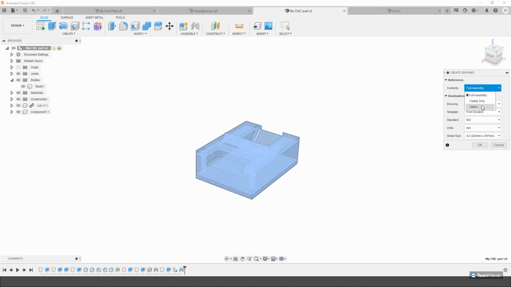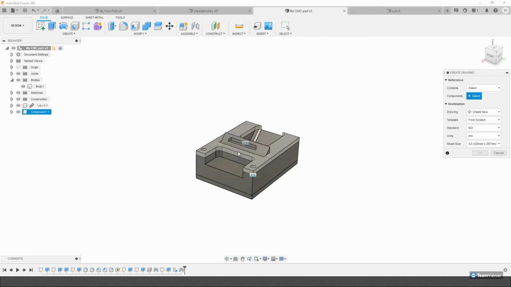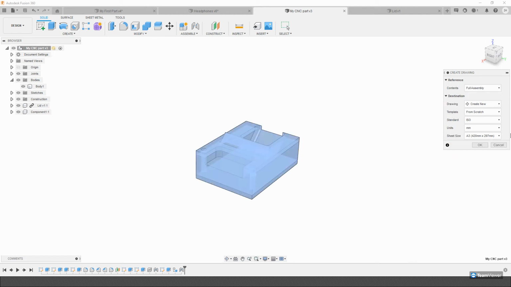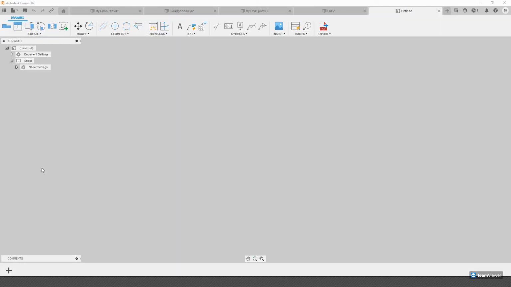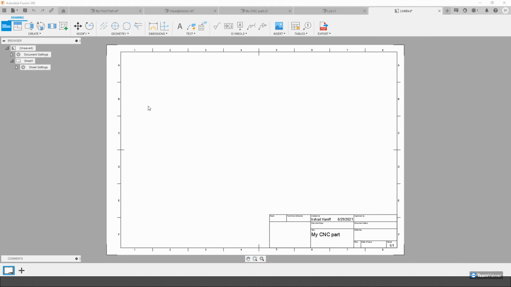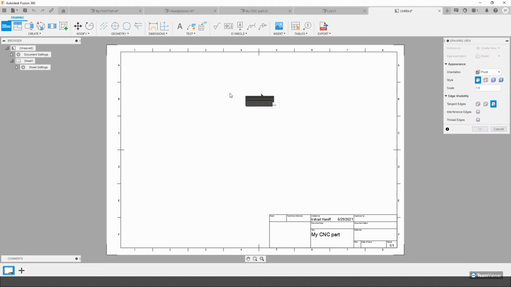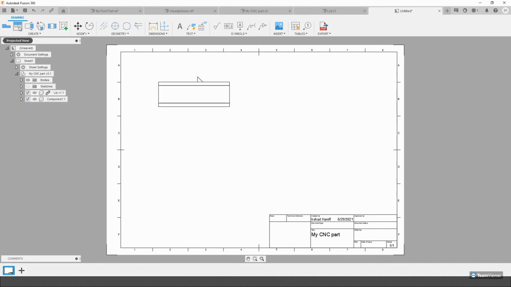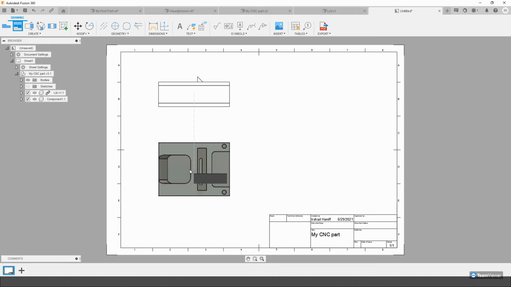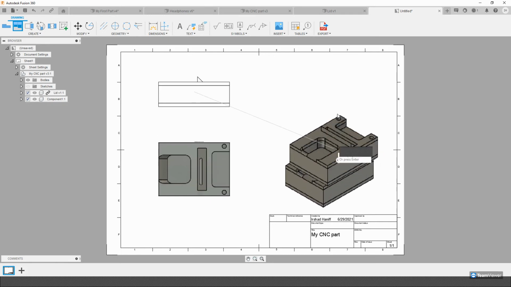I can choose contents full assembly or maybe select. So for example, if I only want to select certain parts for my drawing. In this case, I just want to choose my page size, my settings, etc. And it will take me to the drawing workspace. The drawing workspace will allow me to place a view and project views from there. I'm going to make it 1:2, for example, and place this here and say okay. You'll see that I'm able now to project views quite easily